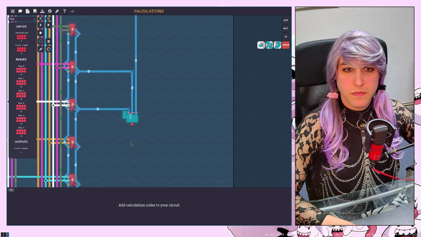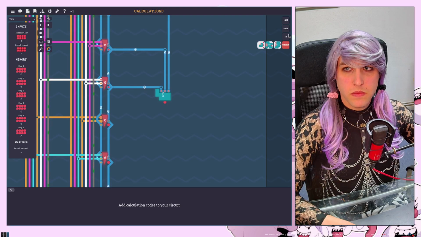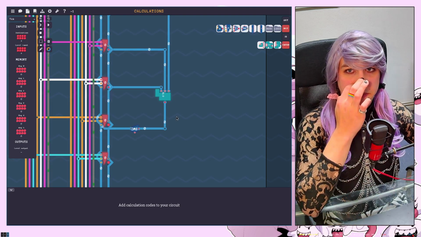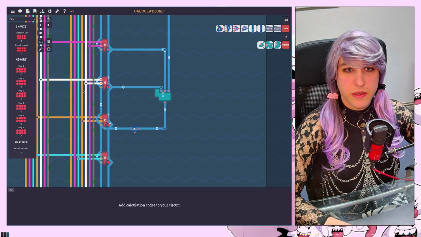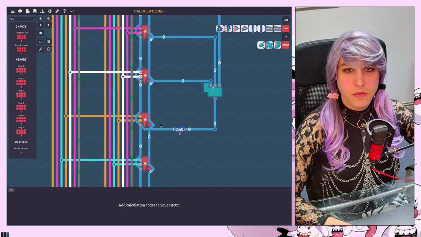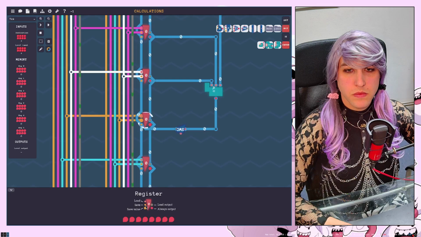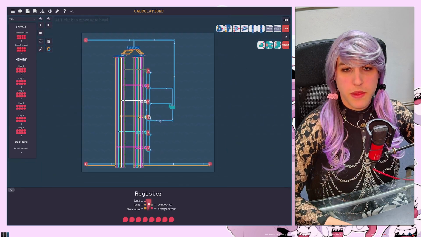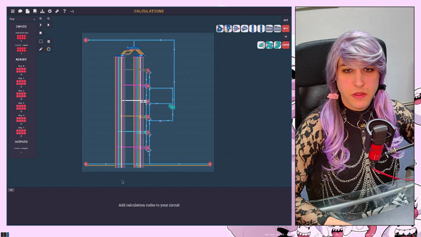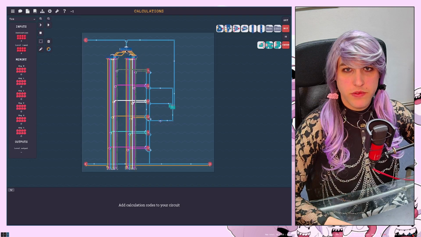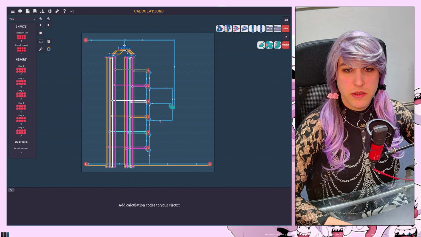So here we are. And we're going to use a switch. This switch will be used to determine whether we are going to feed our logic unit result into the circuit, and we're going to move this a little bit to the left because